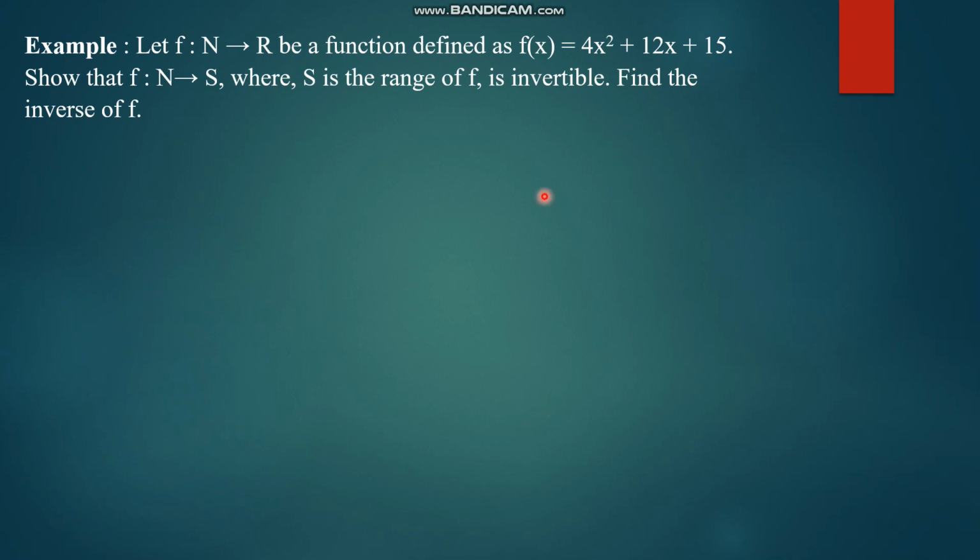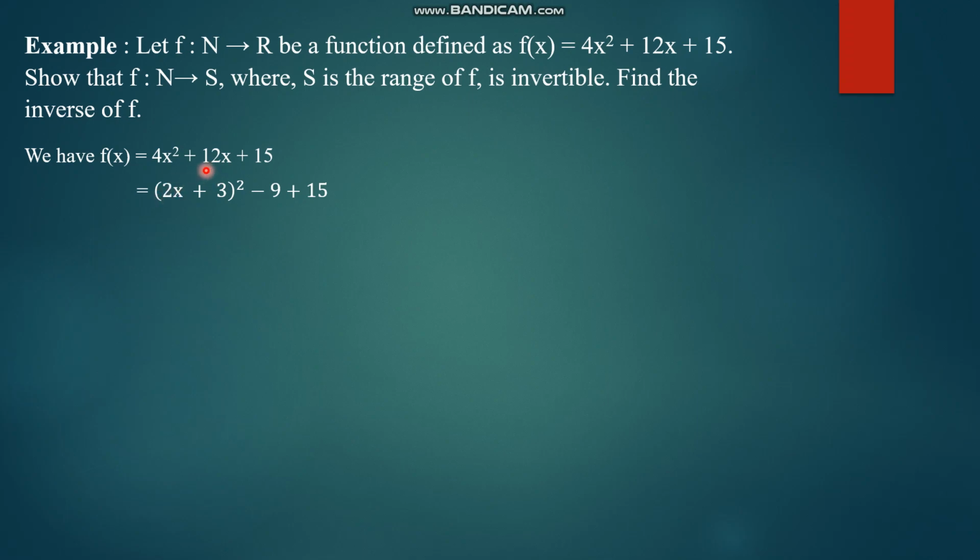Now let's take one more problem. Here the thing is we have a function which is not a linear function, which is a quadratic one. So here we have to change the problem a bit. How will you change the problem? We have to square it in such a way that, as you can see here, we take the square root of 4x square, which is 2x, and for 12 what we do is we will divide it by 2 and the coefficient of x.